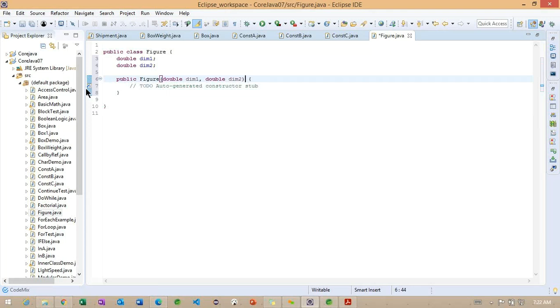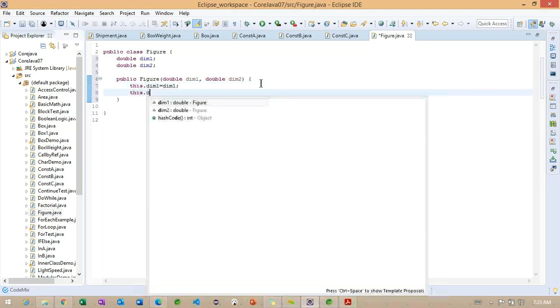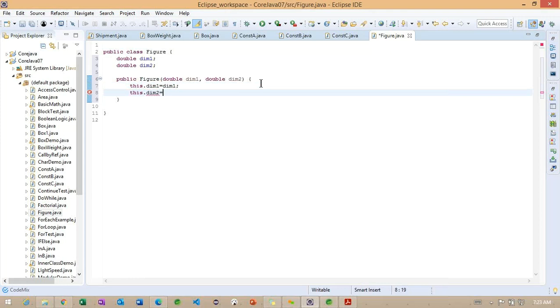So dim2. And what I'm doing here, dim1 and dim2 I'm adding here. After this, I'm going to create one method called area.